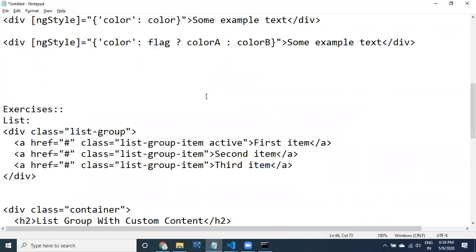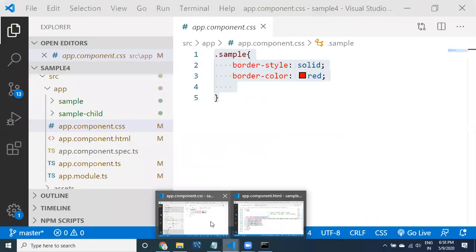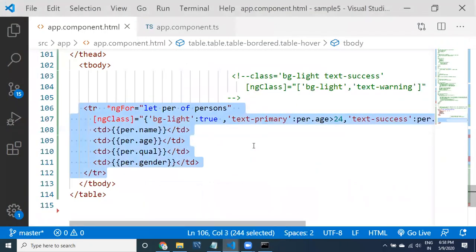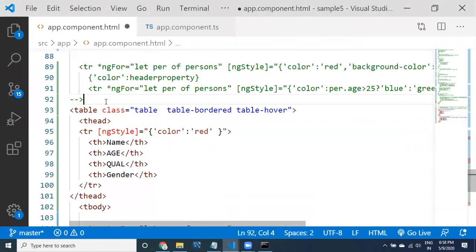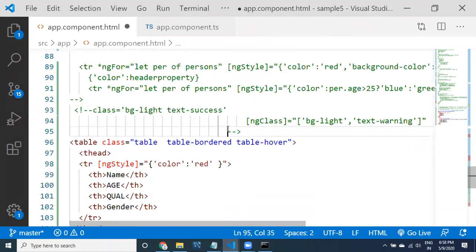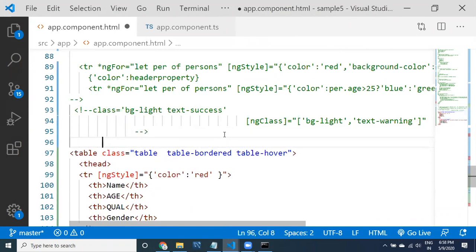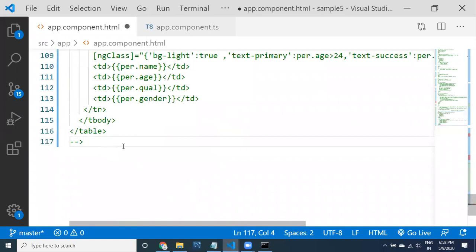Okay, so now go to the for loop. Let us go to the for loop. When you have this, provide it here, and then I want to copy this. I would like to copy this and comment it. I just commented all these things, and then I want to provide some kind of loop.